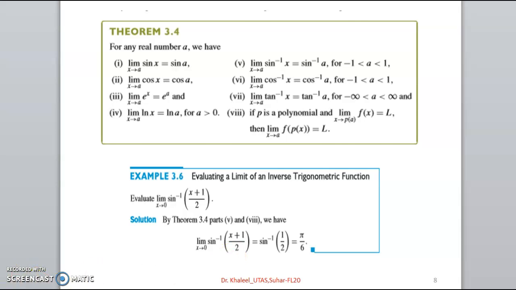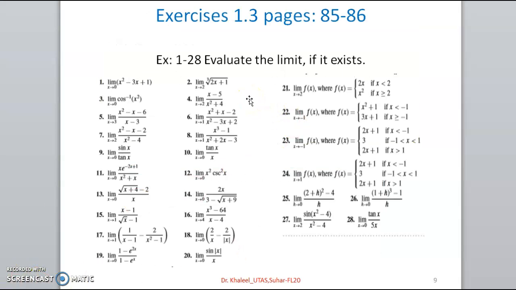So these are the exercises in the textbook, pages 85 and